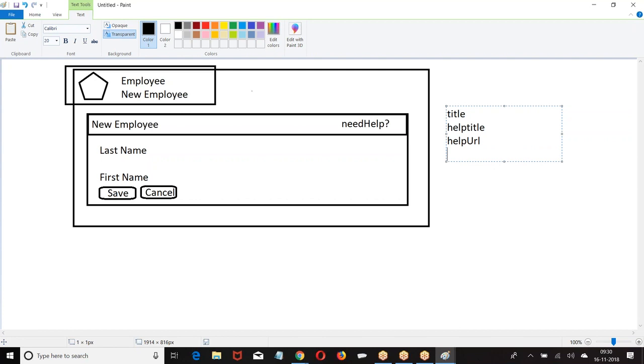Can we design this? Start making this example. If anybody has any difficulty, let me know. I can come and help you. Start designing this.